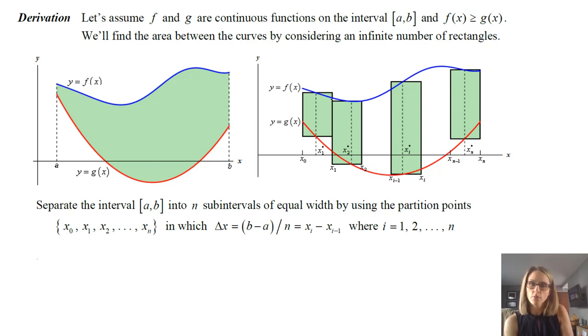But it's just a bunch of rectangles that are created, and the height of that rectangle is this y value subtract this y value, and then you've got the width of it, and that's your delta x. And if you take more and more of these rectangles and make that delta x smaller and smaller, and just shove in a bunch of rectangles, you're going to get a very good approximation. If you take that limit, you're going to get the exact area between the curves.